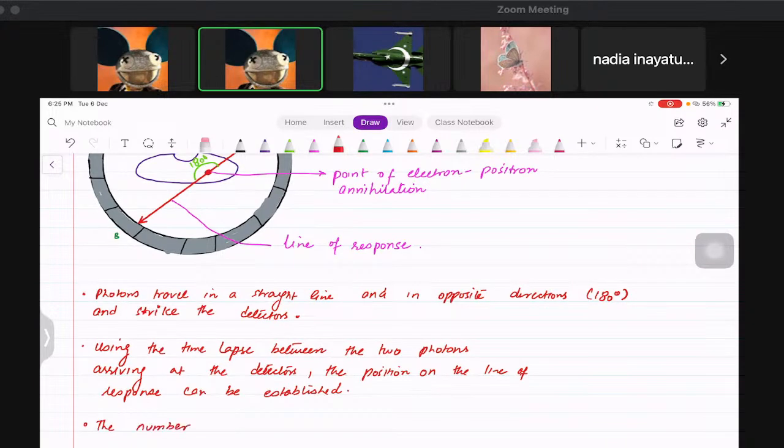The number of photons arriving from a particular point determines the concentration